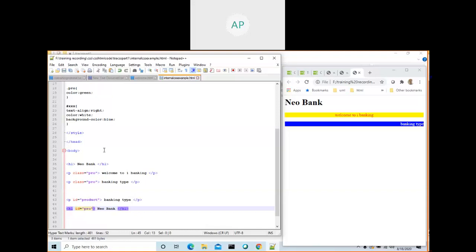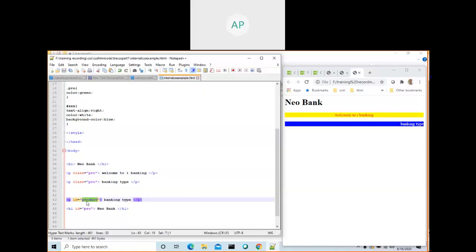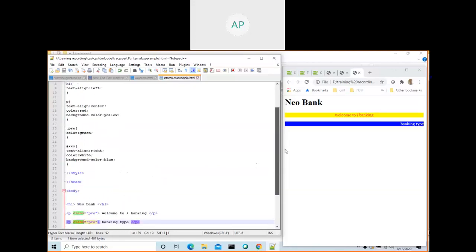So now you applied CSS by using tag name selector. What are the selectors? Tag name, class, and ID. ID value should be unique across the HTML document, so that is also the least preferred way. Inline and internal are not at all preferred, but anyway, ID is the least preferred way. Class is the most preferred way, so that you can apply this attribute to a number of tags in the HTML document. So now you saw the internal way. Now we will go with the external way.